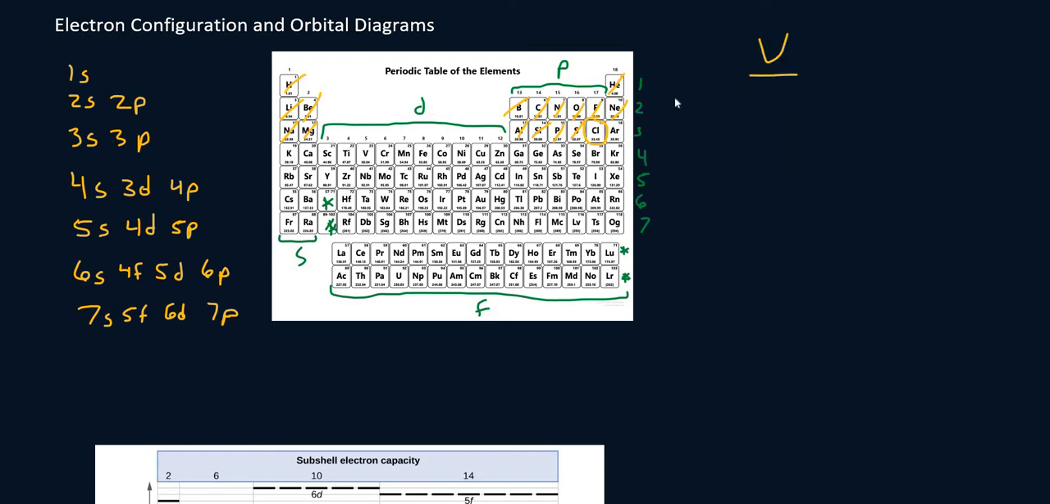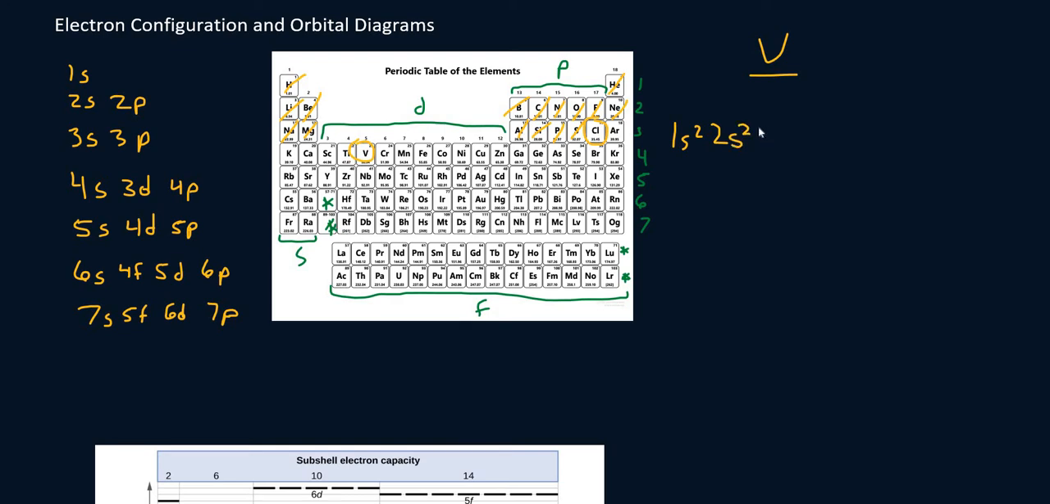Okay, let's try another example. Let's try vanadium, which is this element here. So let's do the electron configuration for vanadium. So we're going to do 1s2. We know we're going to fill up 1s2 because vanadium is element number 23, which means we're going to have 23 total electrons. So we fill up 1s2, we fill up 2s2,